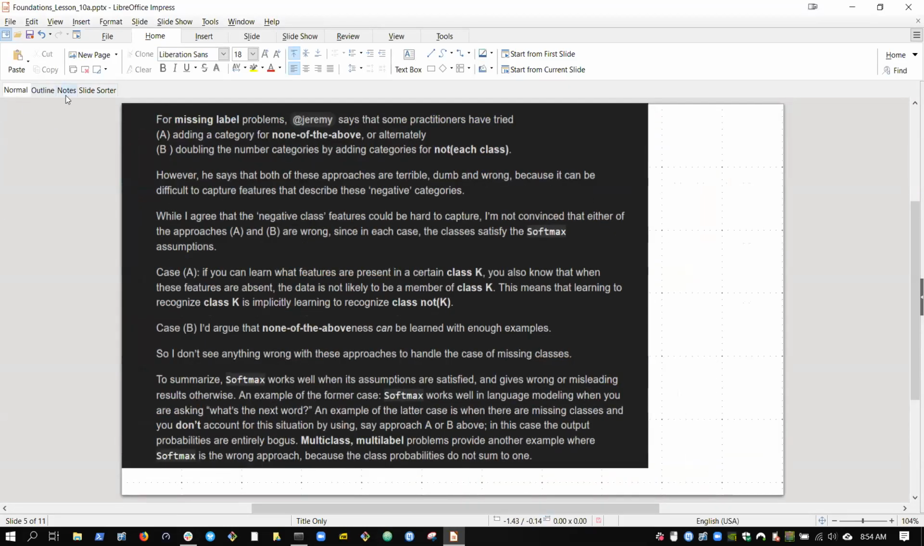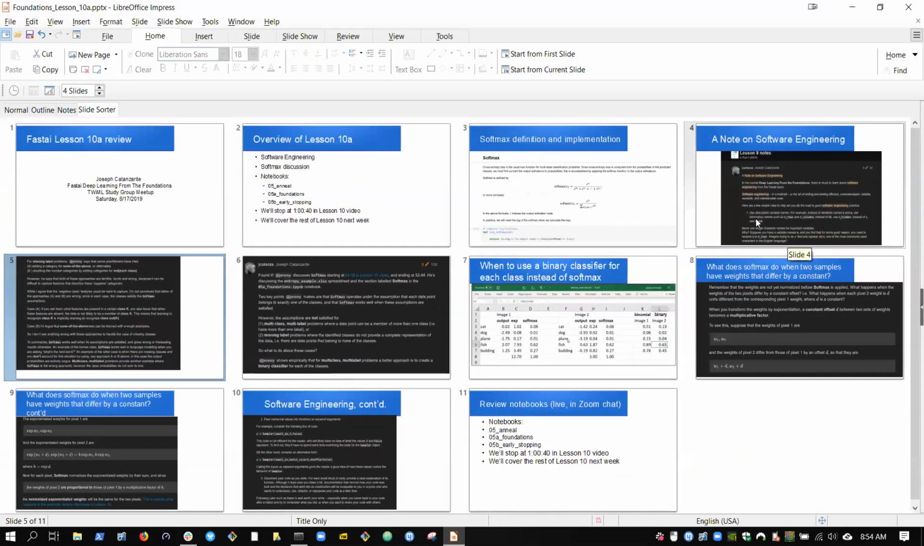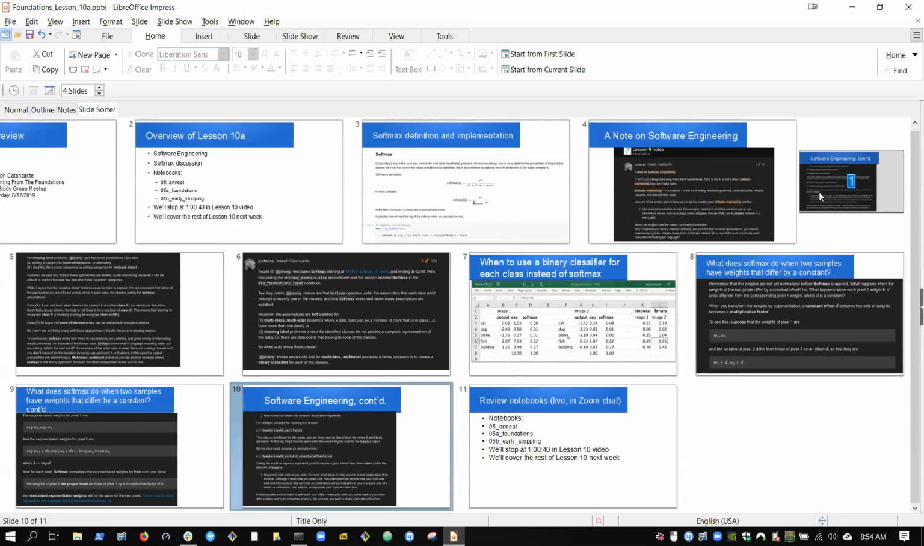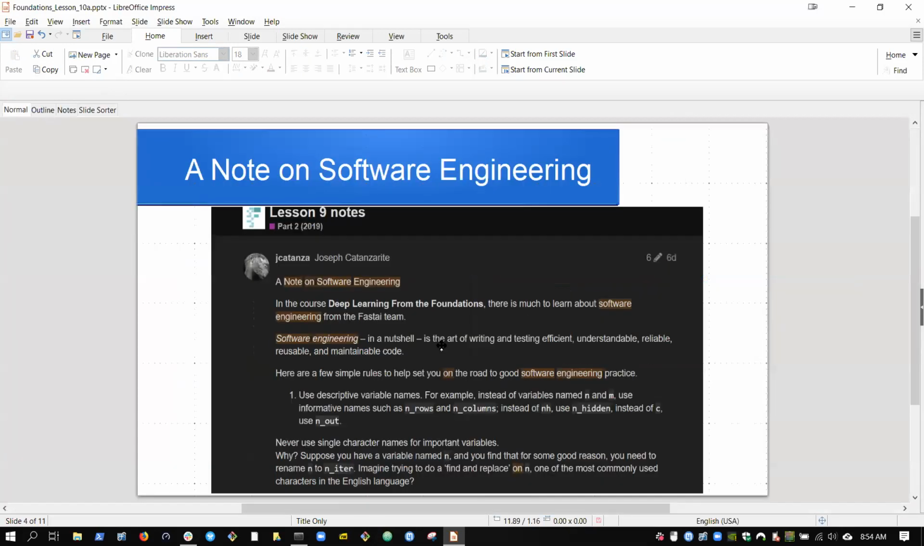All right, next page, and then a couple more notes. Oops, that's not what I wanted. Somehow. All right,